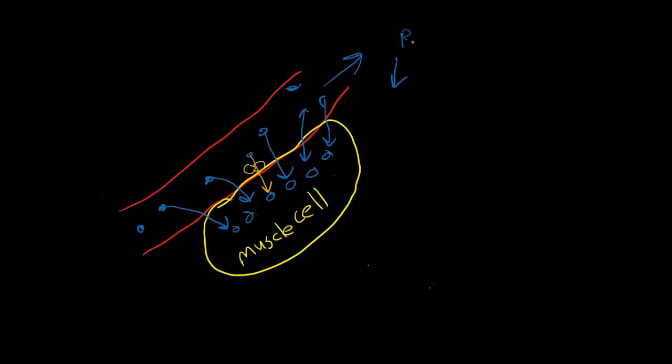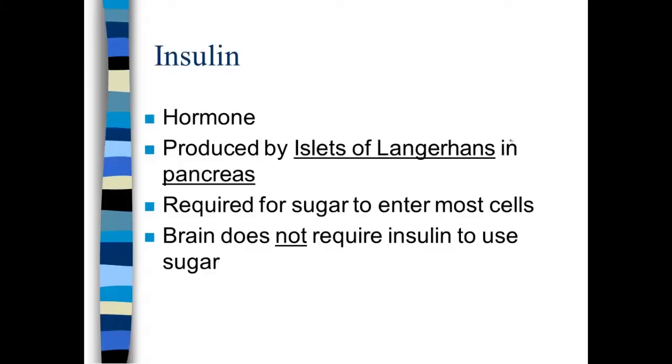Remember, your blood glucose level, or your BGL, because it's in the blood, drops with insulin. So that's what insulin does. Insulin makes it so that your muscle cells and your kidney cells and your liver cells and all of the other cells in your body,